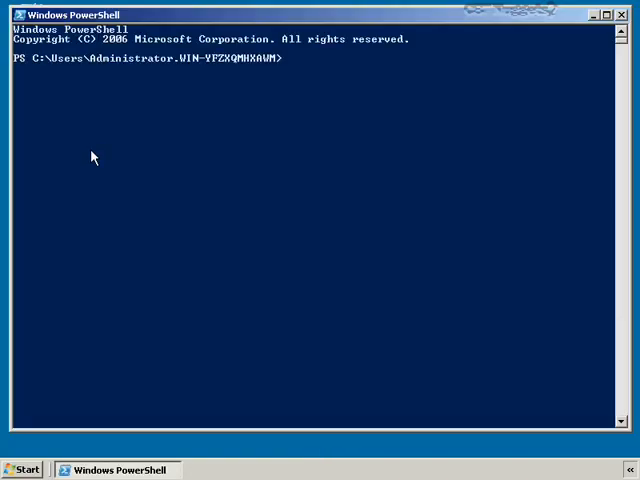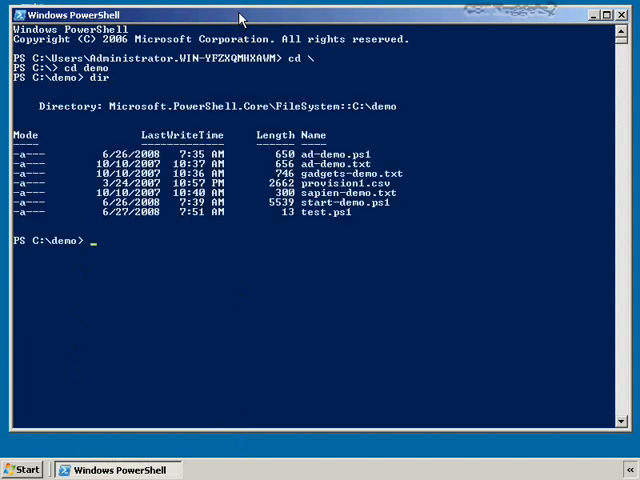Here's Windows PowerShell. Now, what are some of the common commands that you're used to using to manipulate files and folders from a command line? For example, how would I change to the root folder of my C drive? CD \. How would I change into a folder called Program Files or Demo? CD Demo. In here, I would get a directory listing by running dir, and maybe I would copy that test.ps1